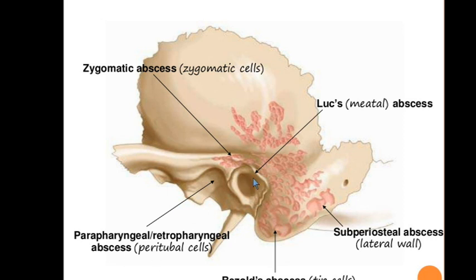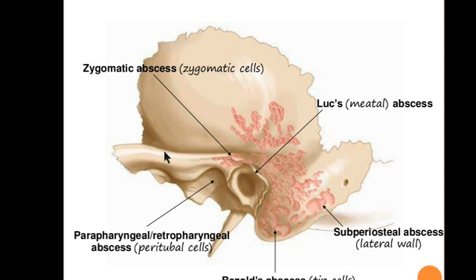And if it comes anterior-inferiorly, it will involve the parapharyngeal or the retropharyngeal space, otherwise known as retropharyngeal or parapharyngeal abscess, through the peritubal route. Now, what is peritubal? Around the eustachian tube. So if the route of spread is via the cells surrounding the eustachian tube, you will develop a parapharyngeal abscess. Now these terms will not appear complicated to you.